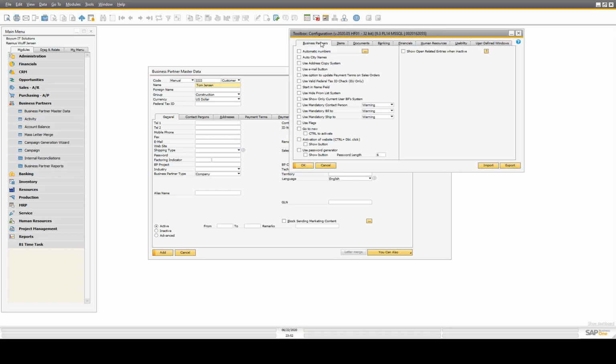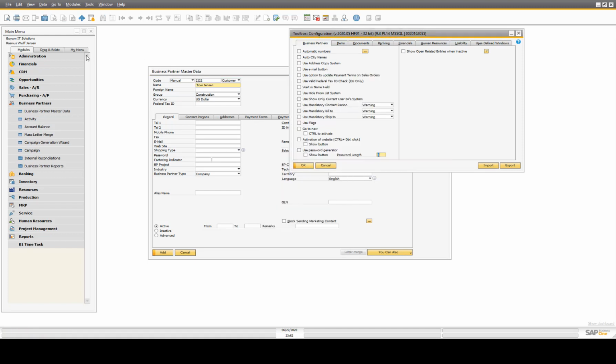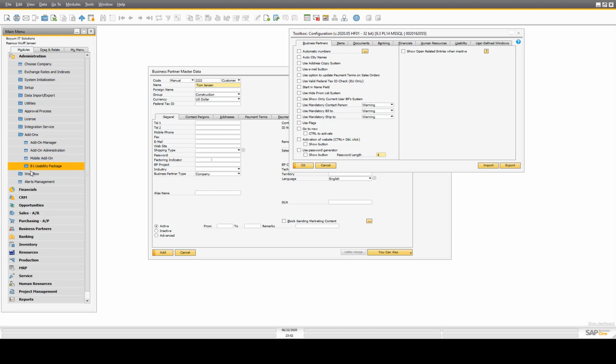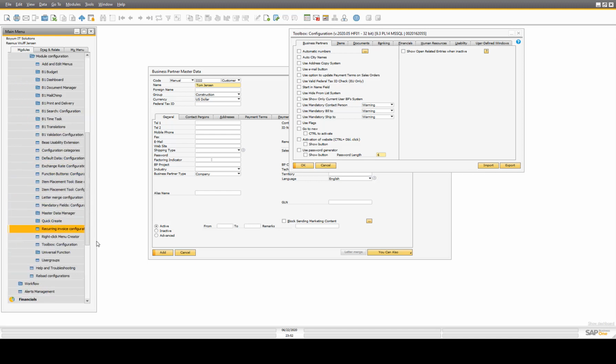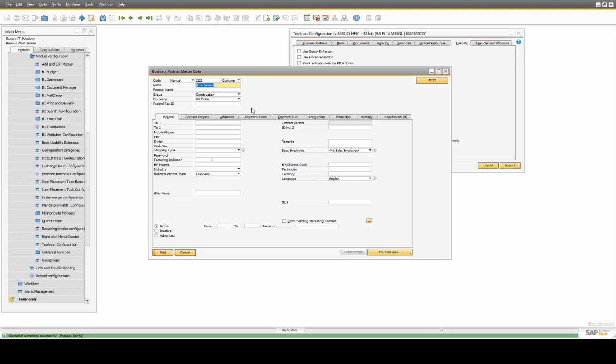Under usability in toolbox, if you don't have the right clicks and you're not a super user, you need to go to administration, add-ons, usability package, module configuration, toolbox configuration. But under usability, I have this prevent duplicate entries. Let me try to turn it off and see what happens if I just keep it. Then SAP doesn't care that we now have,